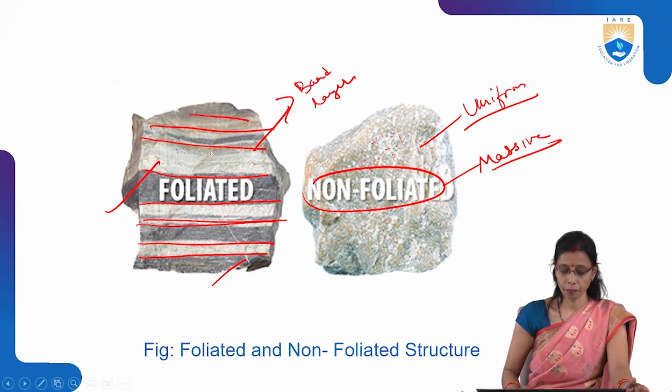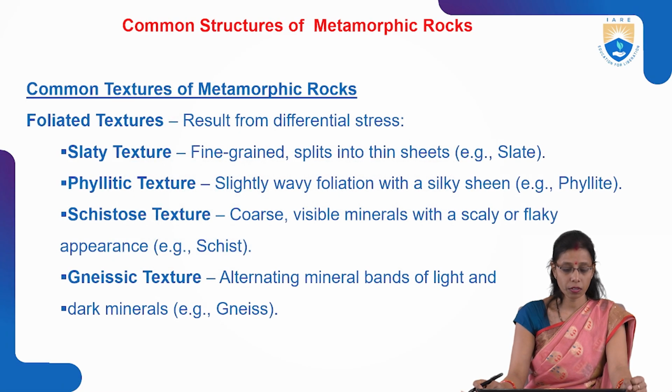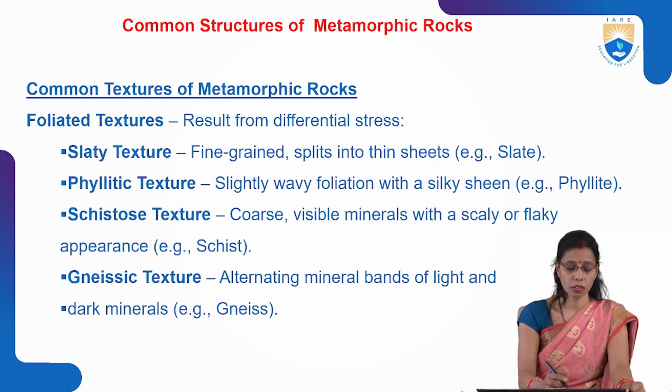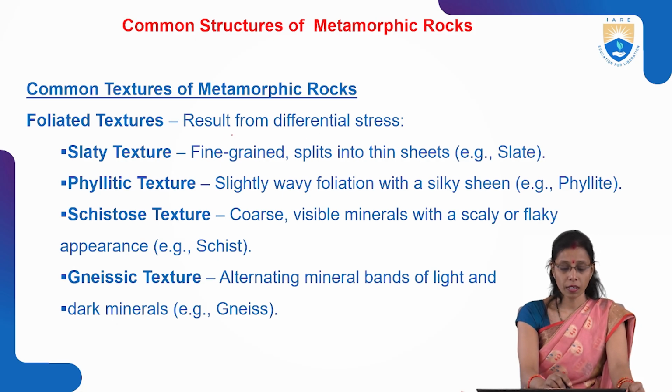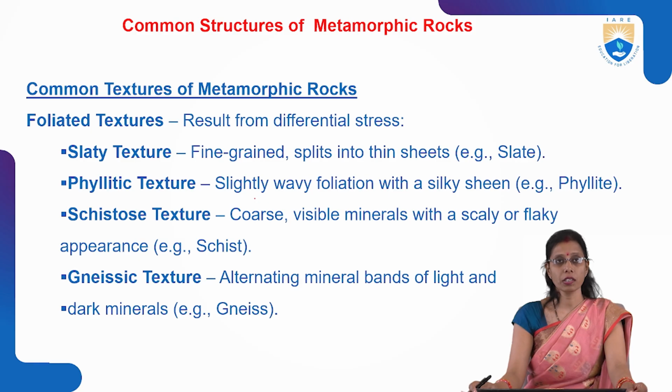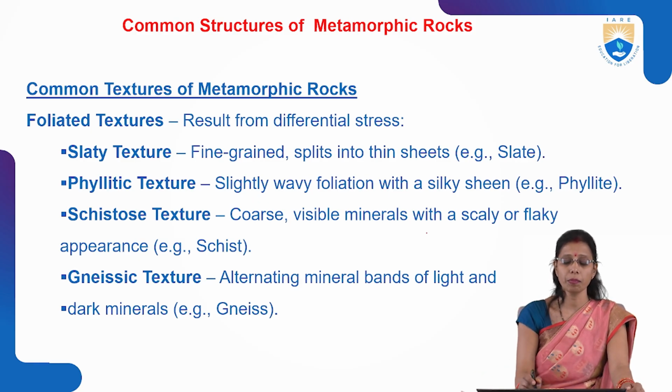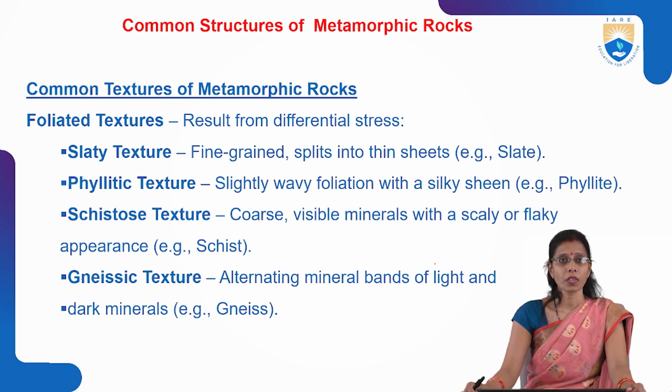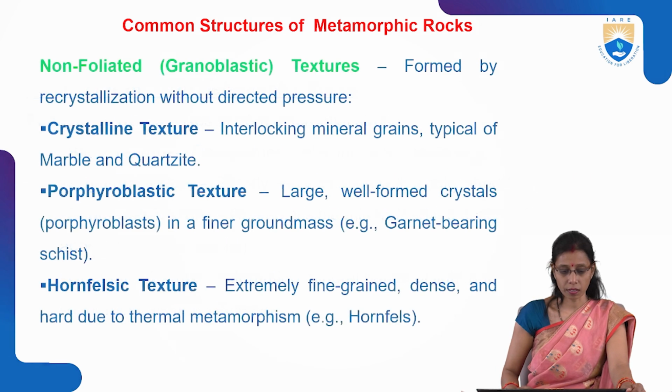When you talk about the common structures, foliated texture results from differential stress. Slaty structure: fine grain that splits into sheets. Phyllitic structure: slightly wavy foliation with a silky sheen. Schistose texture is coarse, with visible minerals and a scaly, flaky appearance. And gneissic texture is alternating mineral bands of light and dark minerals. Example, gneiss. Non-foliated, as I told you here,